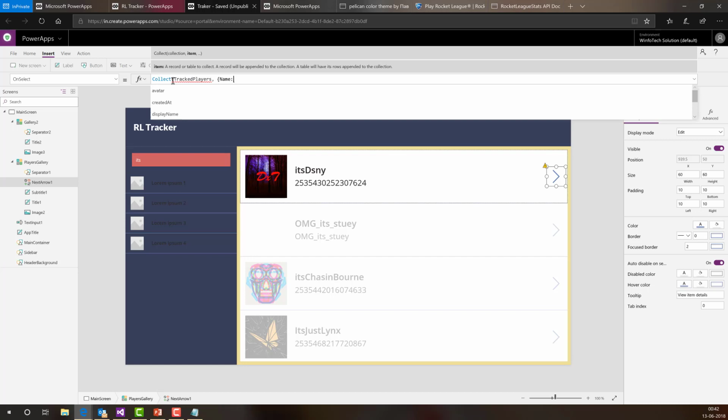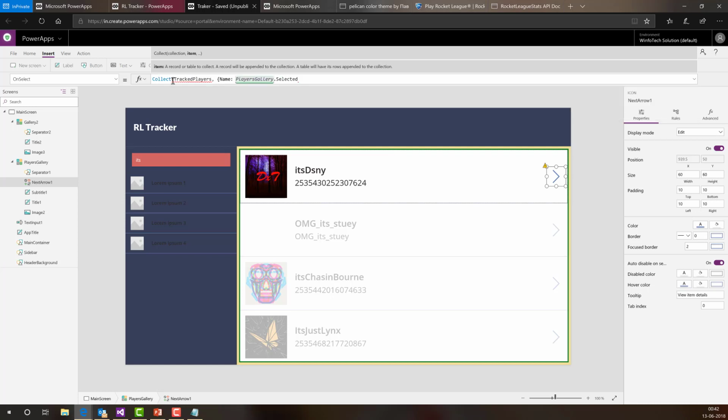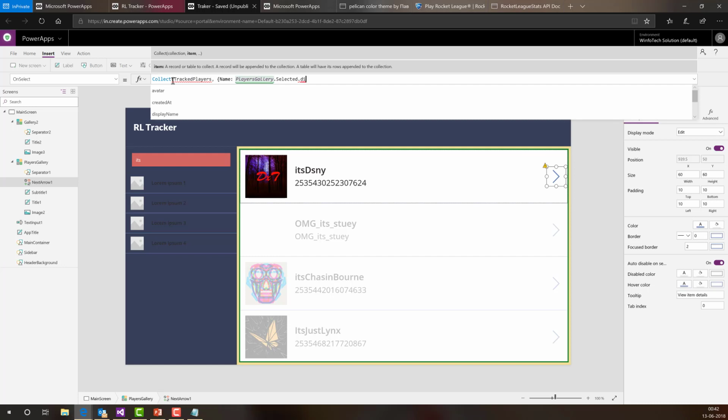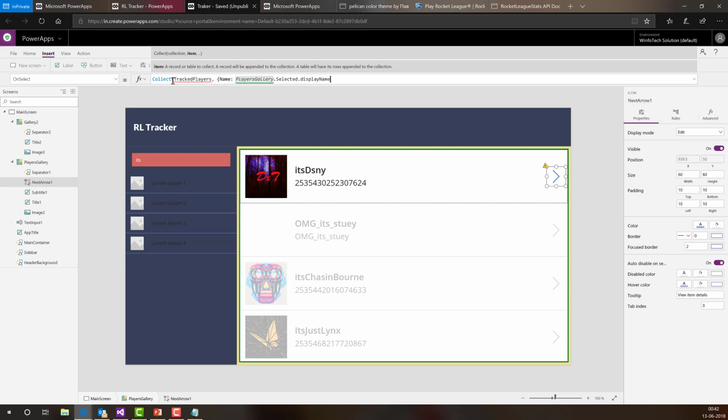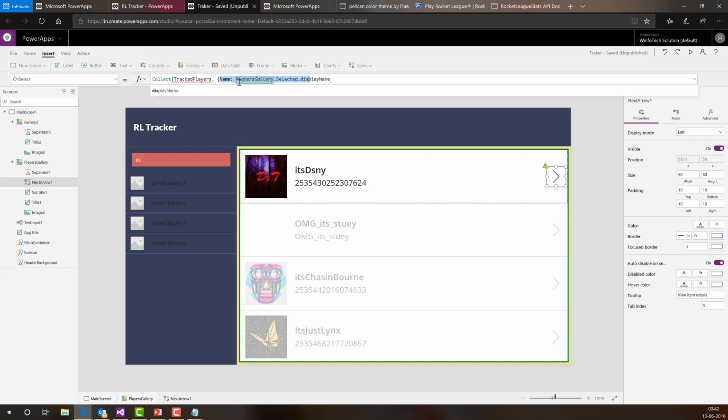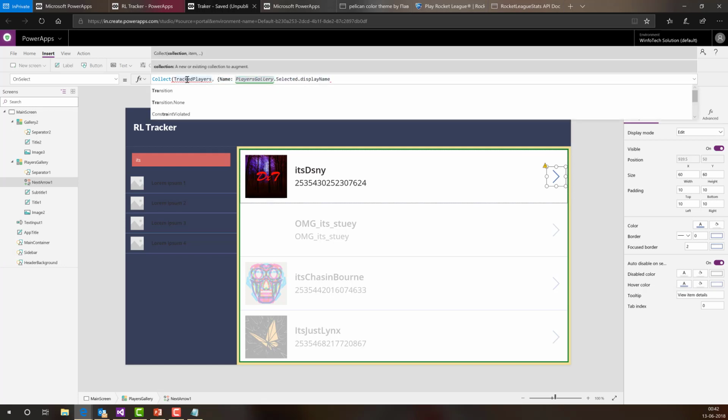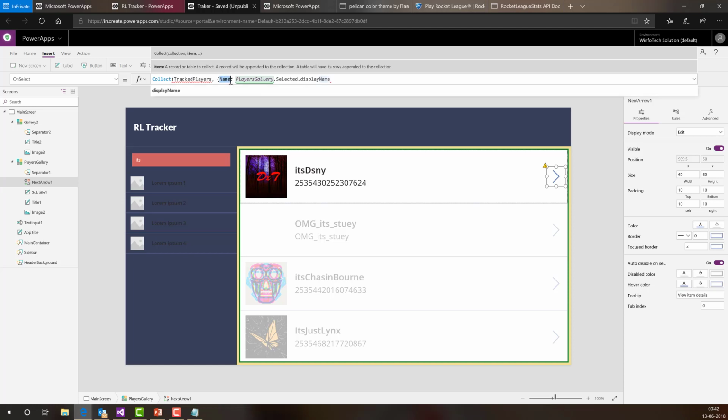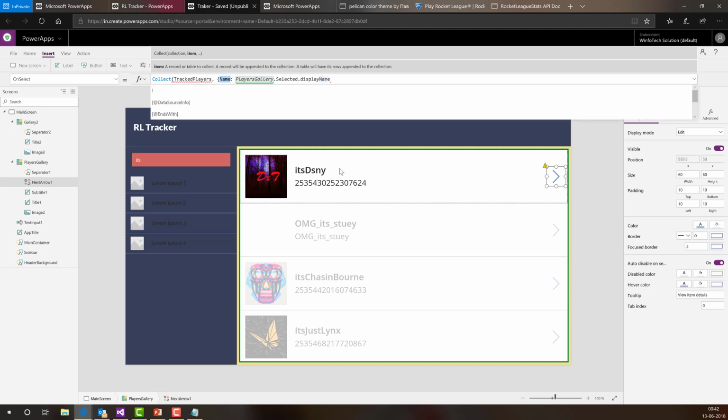This name would be the players gallery dot selected item. In that selected item, pick up the display name property, and that's how you define a column. So in this tracked players collection, there is a name column, and the name column is getting populated by whatever the user selects. Whichever list item the user selects from this gallery, the display name of that item is going to get residing